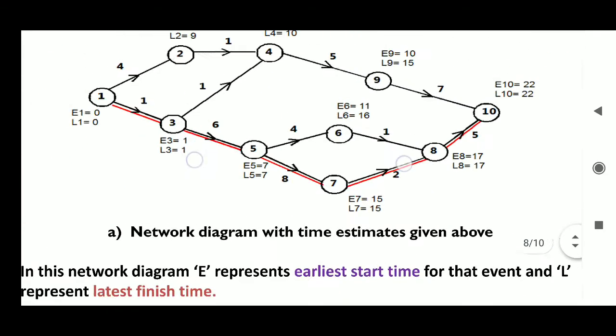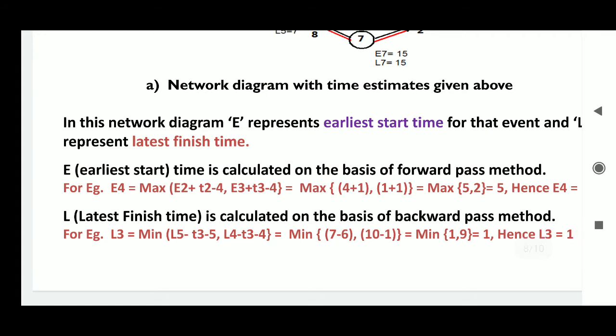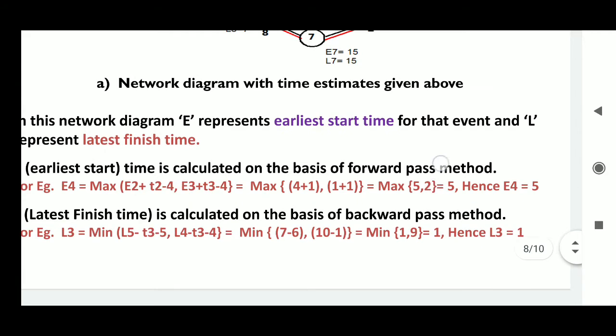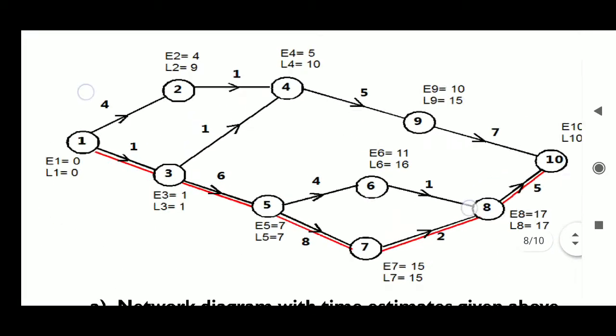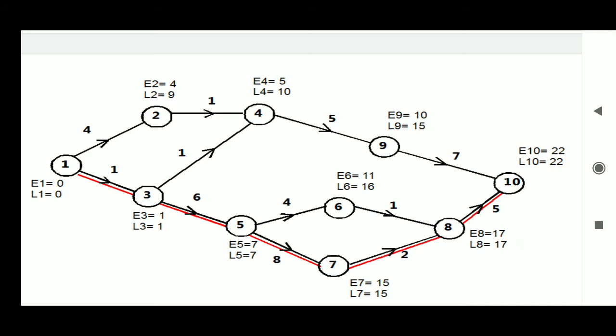So this is taken as a forward pass method. I have shown the calculation for the activity, point E4, so you have to follow that. Similarly, here L is calculated, that is the latest finish time of the activity. Now here E10 is calculated as 22, and L10 is taken as 22,